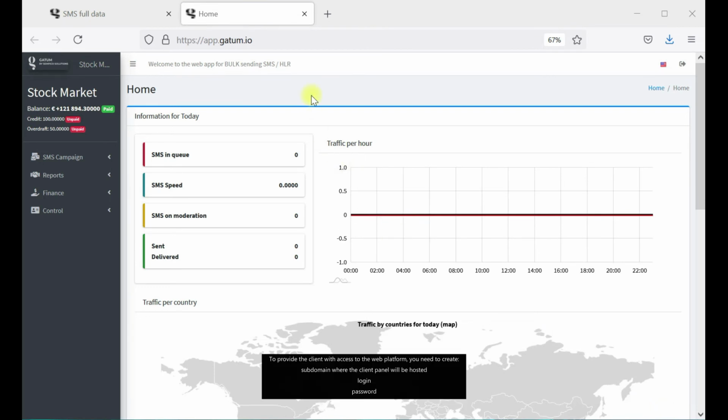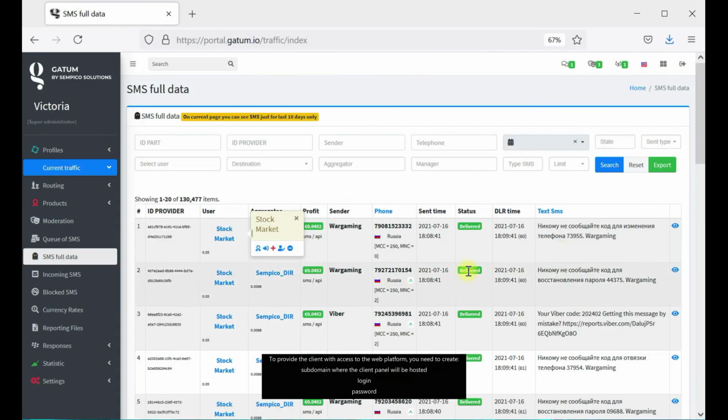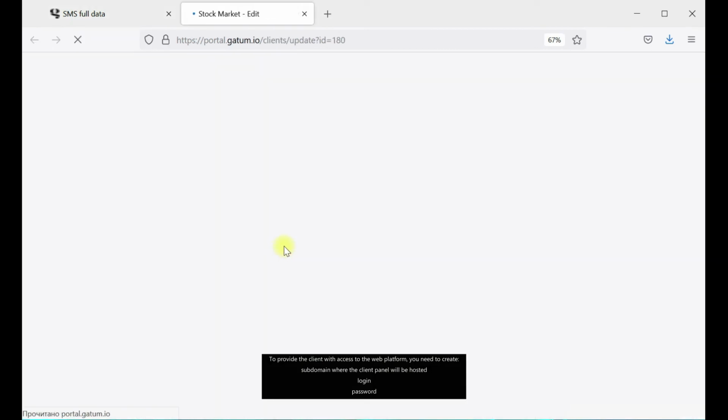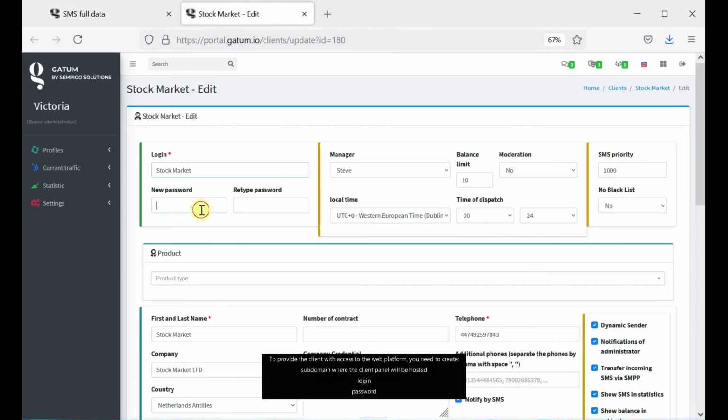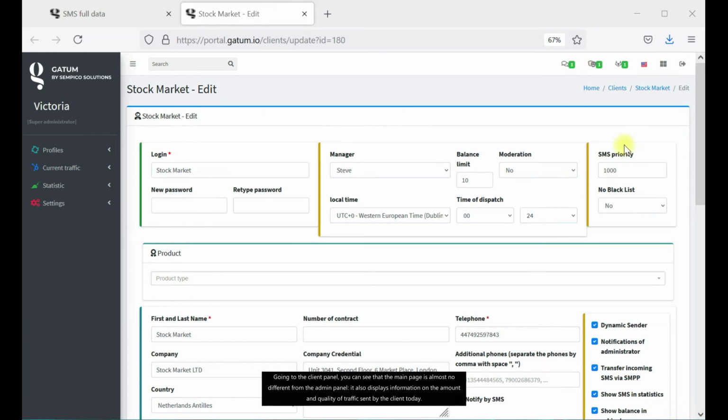To provide the client with access to the web platform, you need to create a subdomain where the client panel will be hosted, a login, and a password. Well, or the client can independently register via the web interface on his subdomain. Going to the client panel,